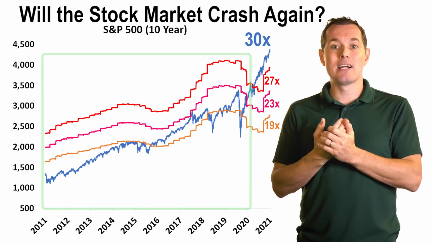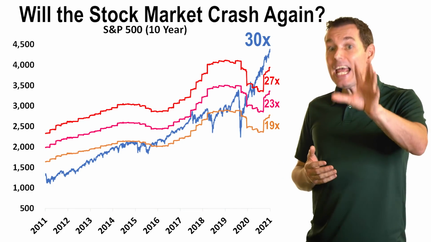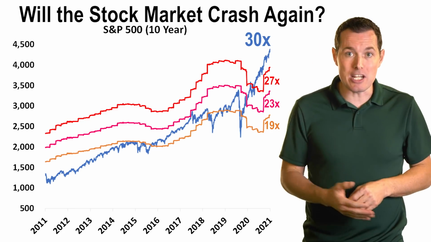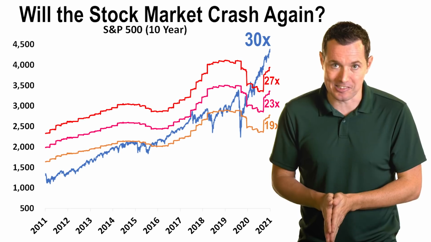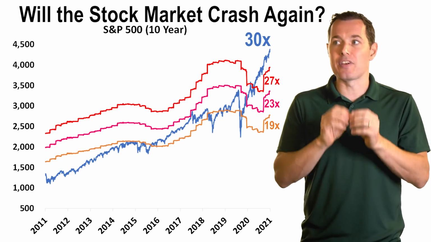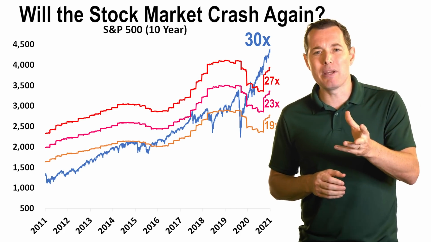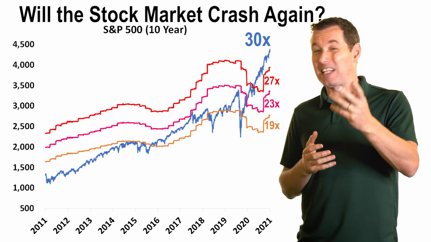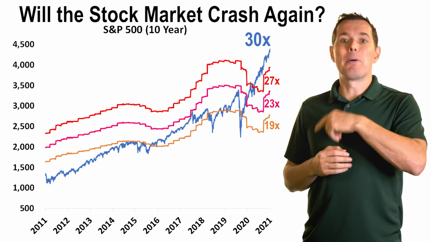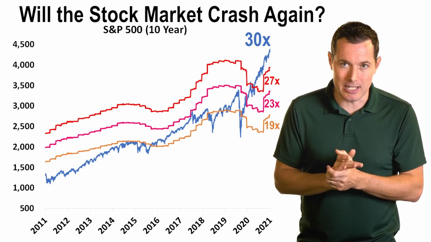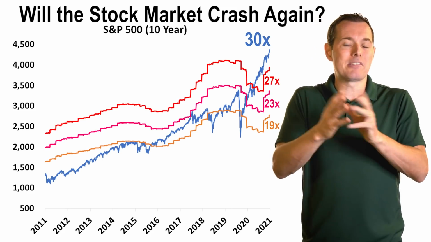So what I did is I went back the past 20 years and averaged out the PE multiple then. And once again, over the past 20 years, the average PE multiple came in again at about 19x. Now, of course, I'm rounding to the nearest whole number. Over the past 10 years, the number came in slightly above 19x. I want to say it was like 19.1, 19.13, something like that. But then over the past 20 years, it was slightly below 19.